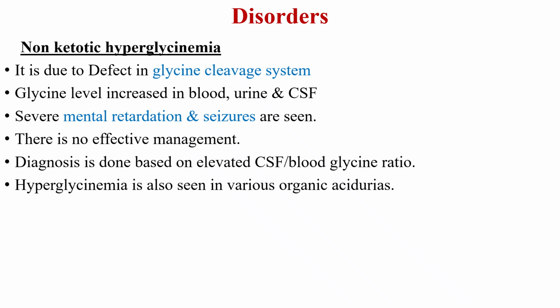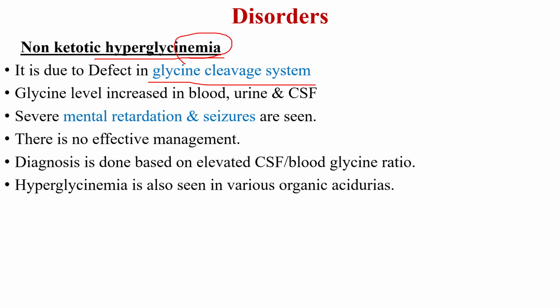The first one is non-ketotic hyperglycinemia. What is this? It means that there is an increase in glycine in our body, that is, glycine in the blood. Hyper means increased, and non-ketotic means that there is no formation of ketone bodies. This is due to a defect in the glycine cleavage system enzyme. We have seen how the glycine is cleaved, right? The glycine levels in the blood will increase because, as the glycine is not cleaved, it is ultimately accumulated in my body. So it leads to increased glycine levels in the blood, the urine, and also in the